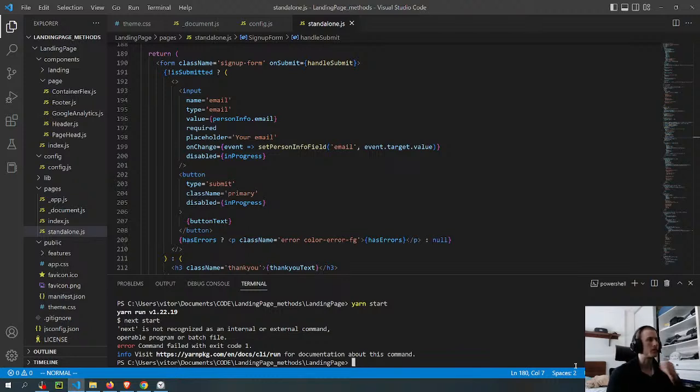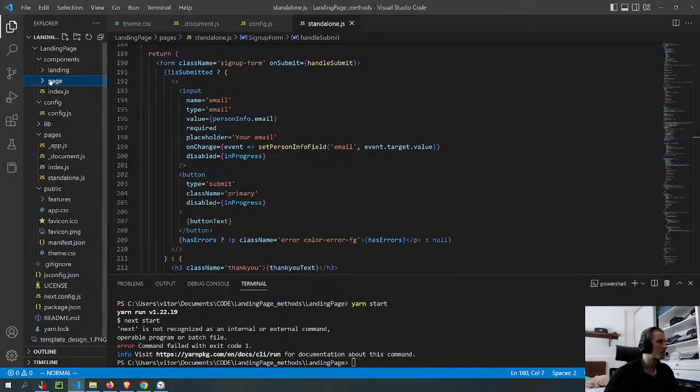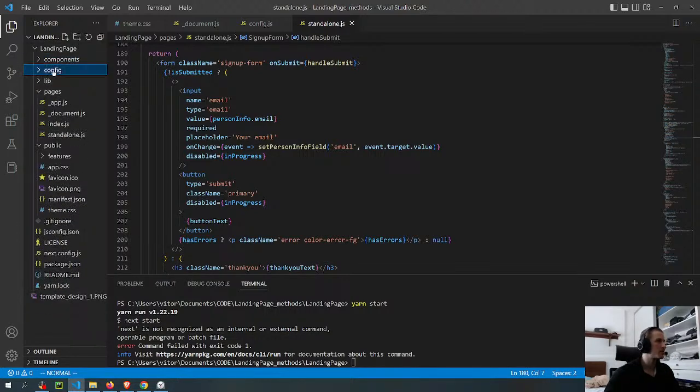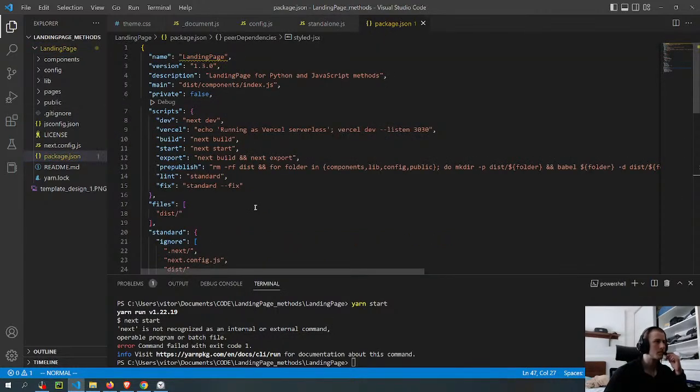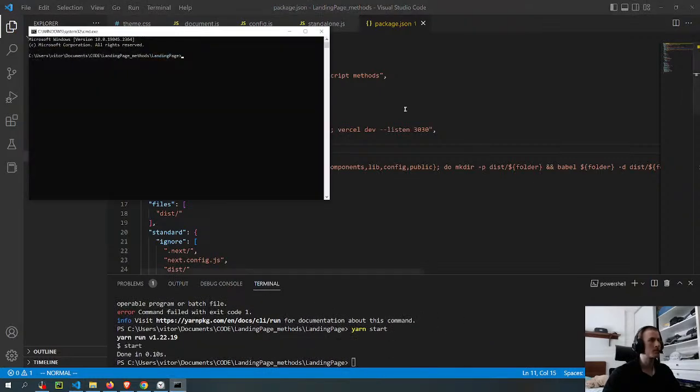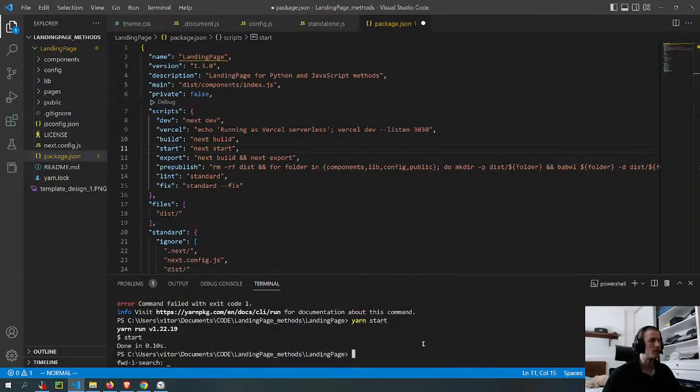No. I'm already on the folder. So what is going on? Let's see if we just... I don't know which command is here, usually.